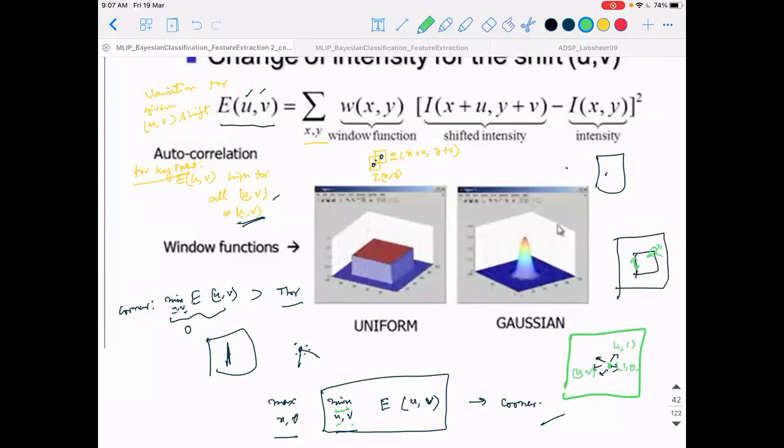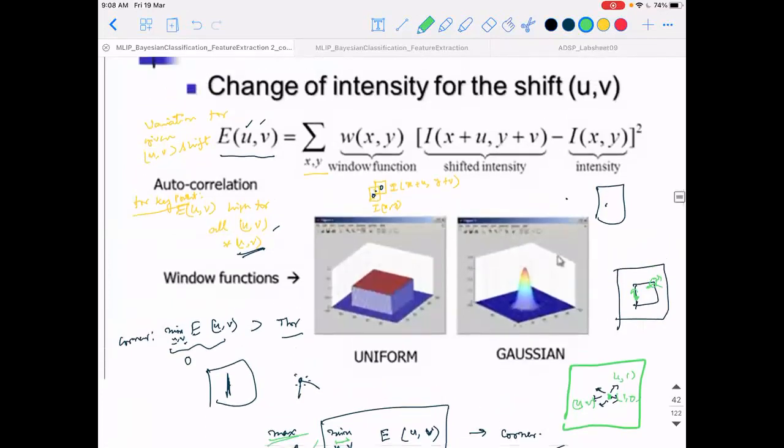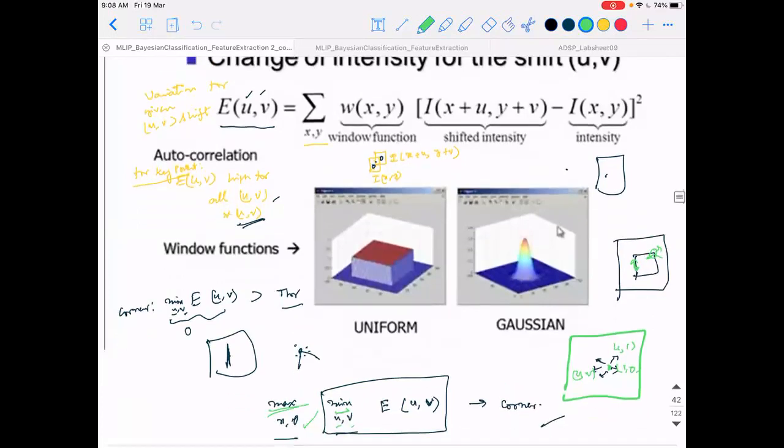Okay, so that's the confidence I am trying to give at a corner point or a key point. You pick even the minimum variation across all possible u and v, and that has to be maximum at a given u and v. Then I say that it is a corner point or a key point, or a unique point to distinguish from the neighborhood. And this is the cost function being quantified, for finding out the particular point x, y, for all u and v.